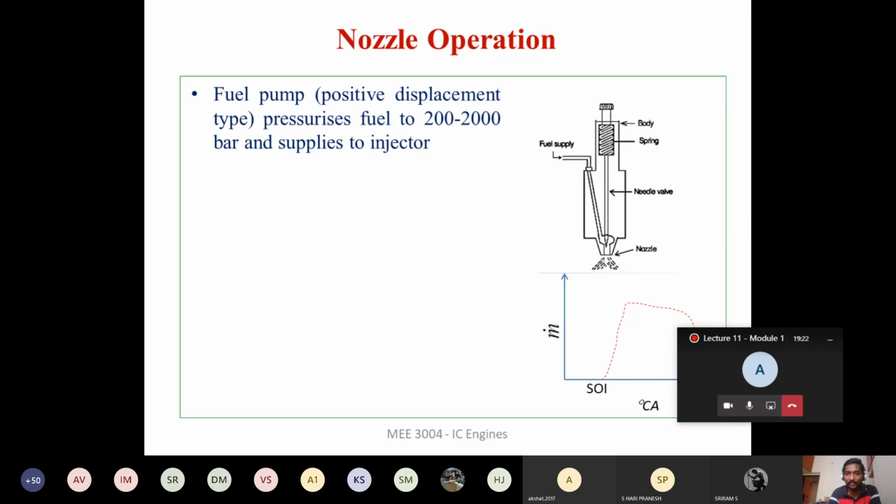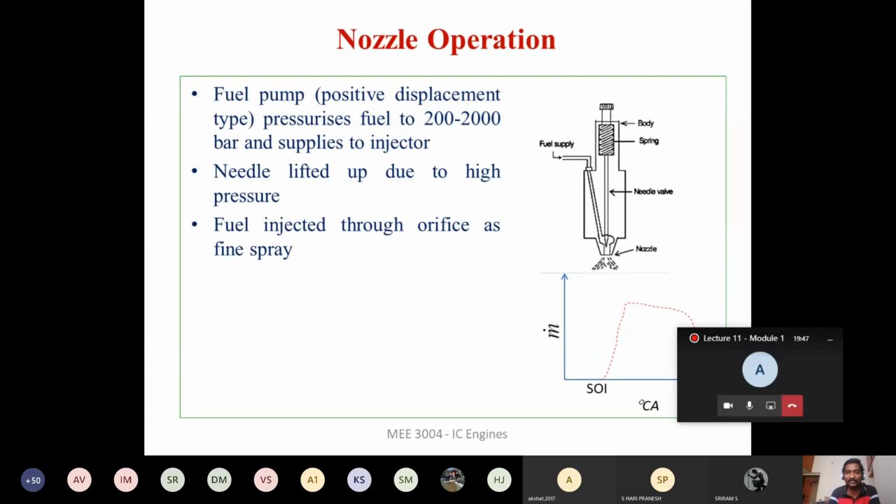And that high pressure fuel enters through this. So with the help of the high pressure pump, the fuel at high pressure is going to enter through the flow passage or the fuel duct. Okay, and there we have a needle valve. So this needle valve is going to be lifted up and down, right? For opening, it has to be lifted up, and because of the spring pressure, it will close automatically.